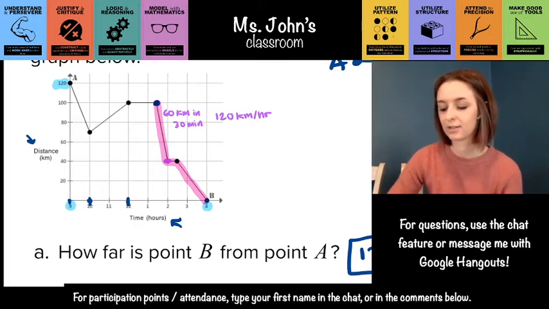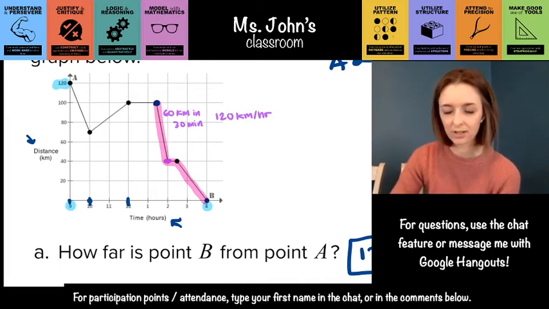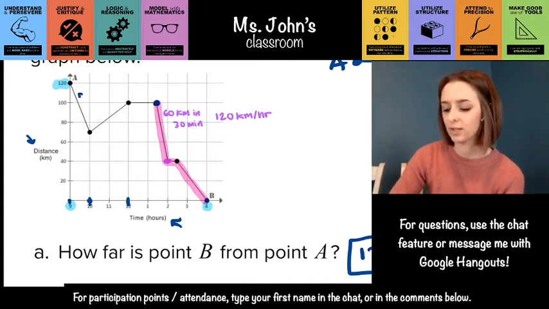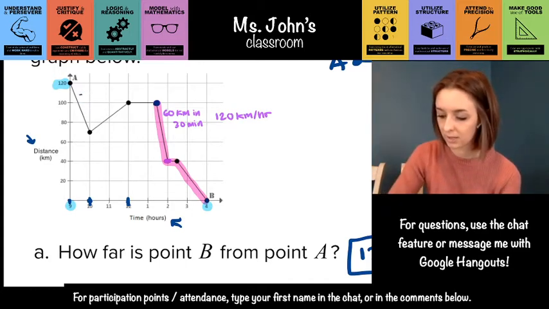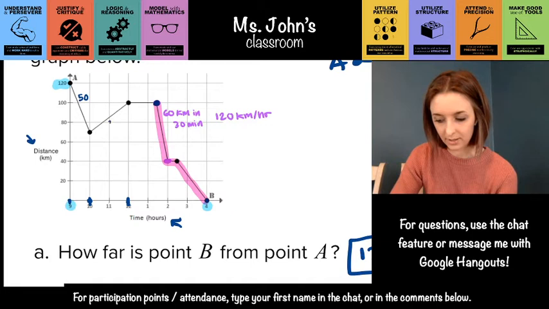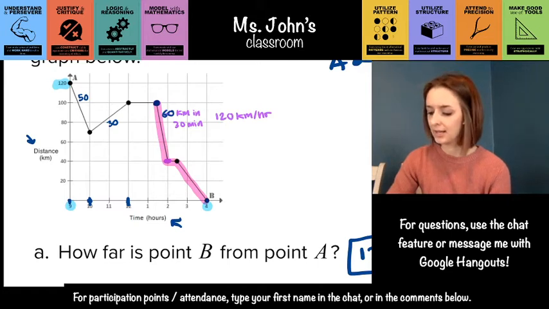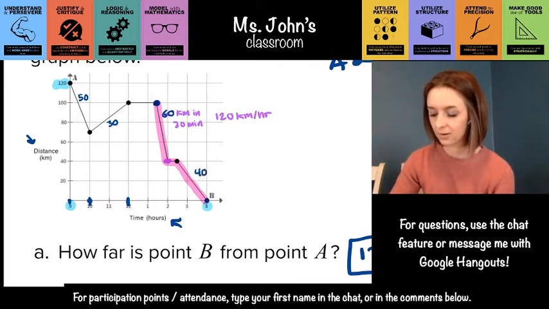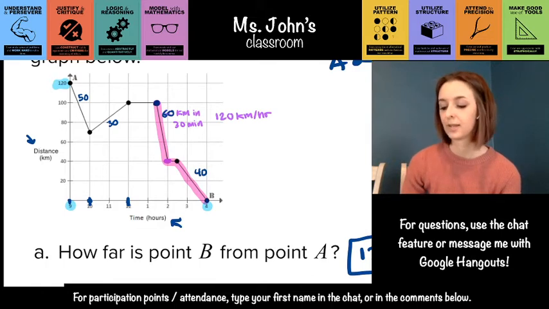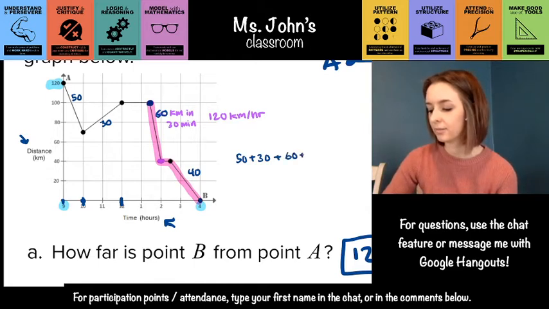First, he takes this little first jaunt from 9 to 10. He goes from 120 to 70 kilometers, which is 50 kilometers in that first little bit. And then when he's going backward, he goes 30 kilometers. Then he doesn't do anything while he's resting. And then we already know he went 60 kilometers really fast. And then he rested. And the very last bit was 40 kilometers. So now we just add all of that up to see how far he went. So 50 plus 30 plus 60 plus 40